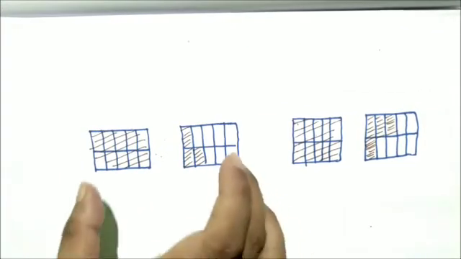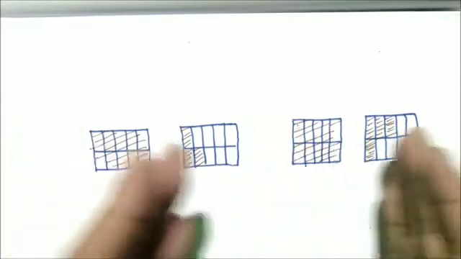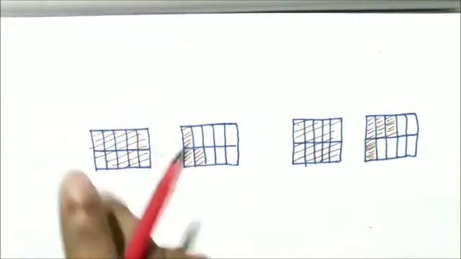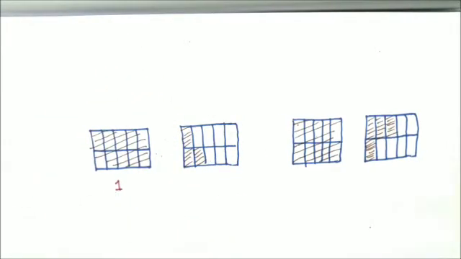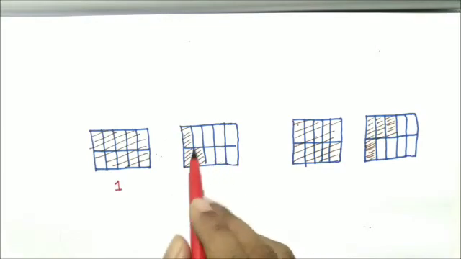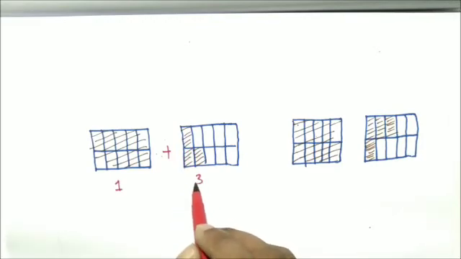Now you see this one. There are 4 figures. This is one part, and this is one part. Suppose now we can see here all the boxes are colored. So when all the boxes are colored, we can write it as 1, a whole number 1. Okay, a complete thing 1, and this is a fractional part. So what can we write here? Out of the 10 boxes we have shaded 3, so 3 by 10.